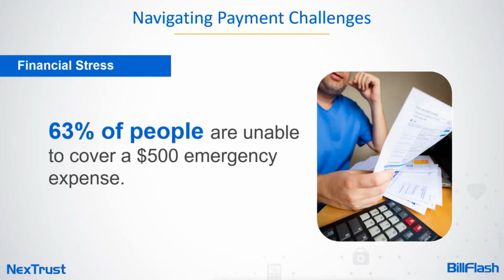Now, medical expenses and debt is unlike any other kind because it's often not something people knowingly take on. We don't get to choose or predict when we get sick, but it's almost inevitable that unexpected medical expenses will come up. And let's look at the statistic there. 63% of us are unable to cover a $500 emergency expense. Why? Because it's an emergency expense. It's not budgeted. We're making our car payments, we're making our mortgage payments, but we're not expecting this emergency medical